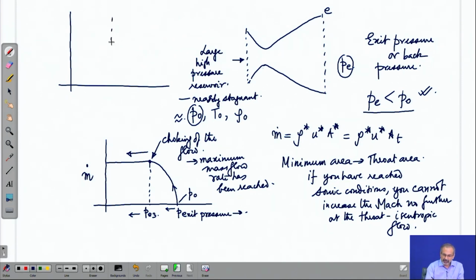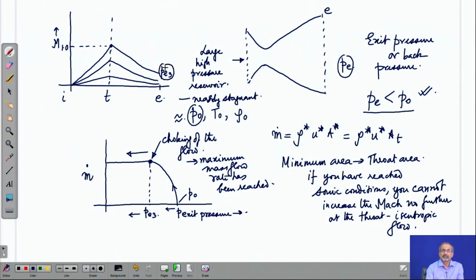Okay? And if you were to look at the Mach number variation, for example, through the tunnel at inlet, throat and exit, this is how the Mach number would change gradually till it reaches sonic condition at the throat. Every time maintaining subsonic condition in the downstream side. So, as you can see that only at the throat Mach 1 has been reached, and that is this point. Corresponding to that, we will mark a pressure here for which it has been reached. So, you can mark two different other pressures, say P1, PE2, for which these Mach numbers have been achieved, and every time you have a subsonic flow here as well as a subsonic flow here upstream, but you just have a sonic flow for PE3 back pressure